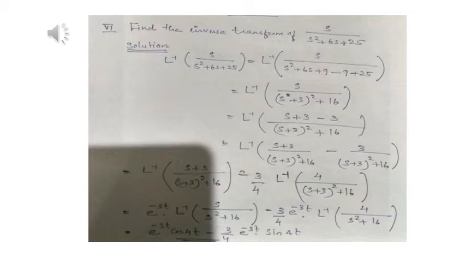a should be 1 and b should be 3. Then only in the place of 2ab you will get 6s, then plus 25. So in order to make this denominator a perfect square,